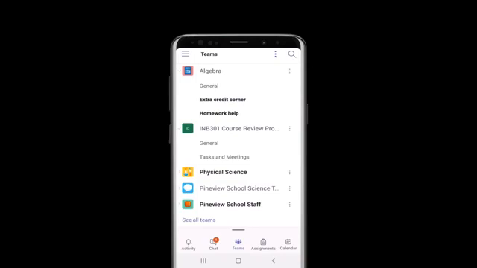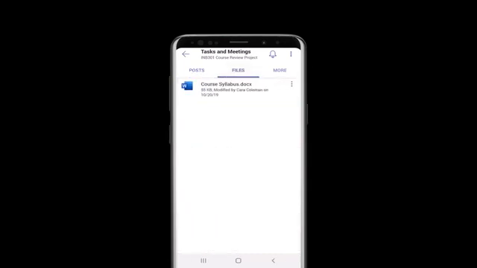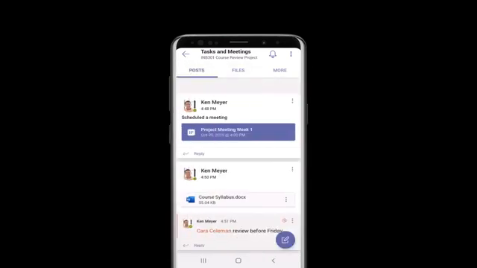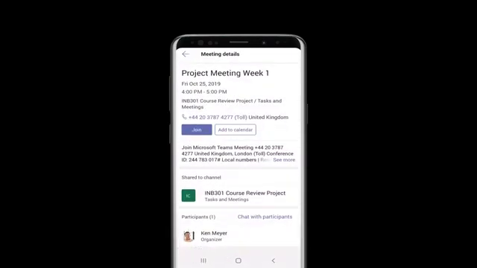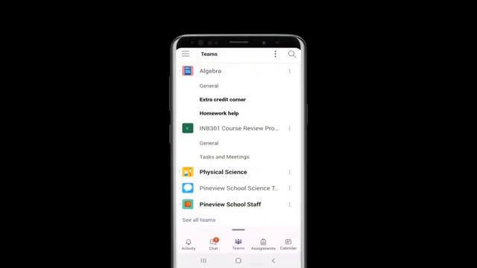As a staff member using the mobile app, we can see here the course review team that we set up earlier. Within this, I can see those files that we were working on together before, as well as join the online meeting. I would simply tap on the meeting and just tap join. Nice and incredibly easy. Then if we head back over to the algebra team that we're a part of,